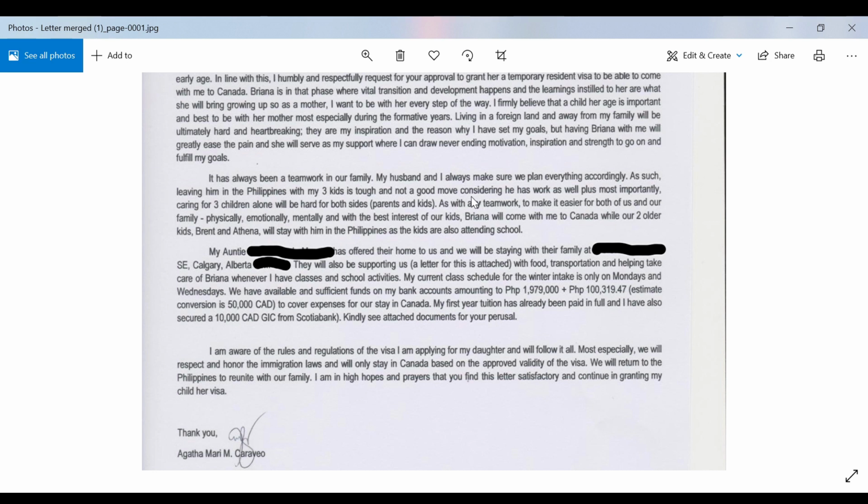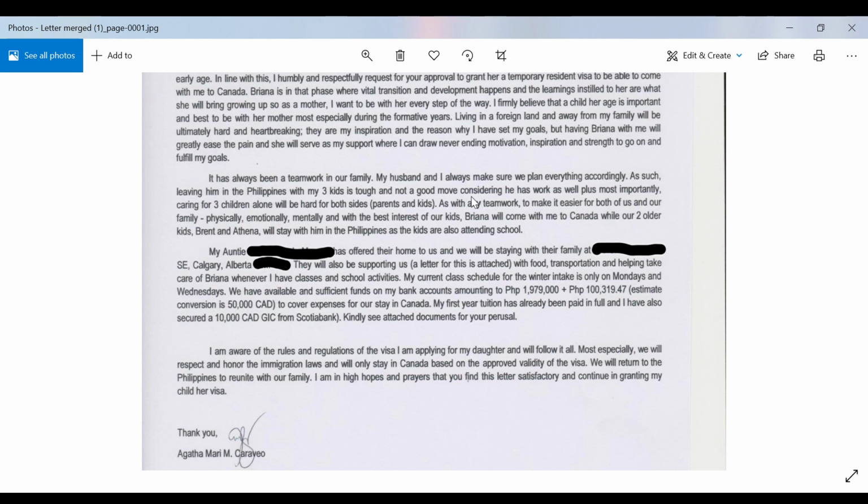Now, please keep in mind this is only for TRV, less than 5 years old, because when you apply for your child under a study permit, this is when they are 5 years old and above, then you have to detail their study plans as well. And yes, there's a lot of other factors involved in that. So I will create a separate vlog for that because there are different requirements as well before you are able to apply for a study permit for a minor children.